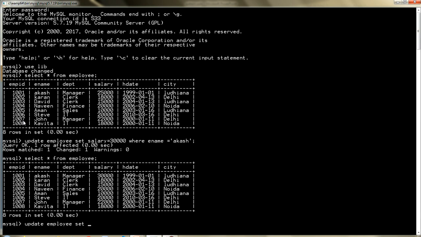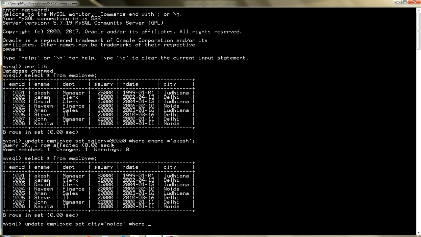Then what do I want to change? This time I want to change the city, so write city equal to Noida. After that, as I told you, you have to write the condition. Where? Always keep it in your mind whenever you are writing some numeric value.